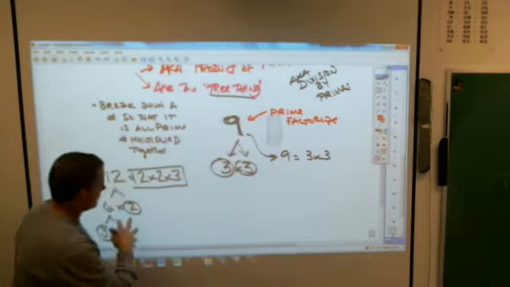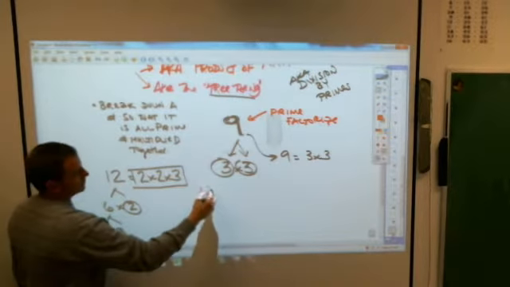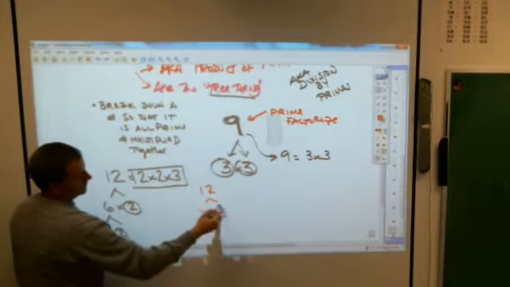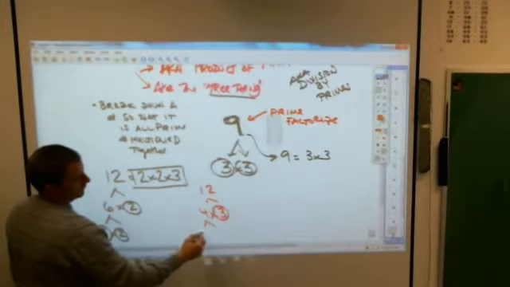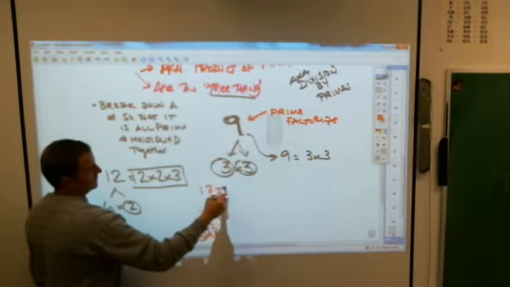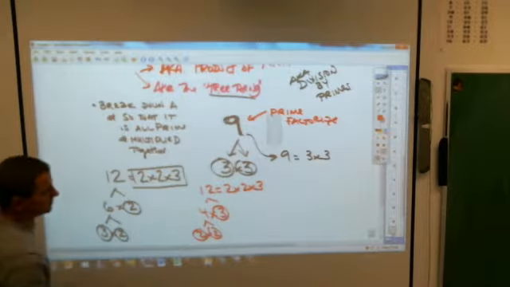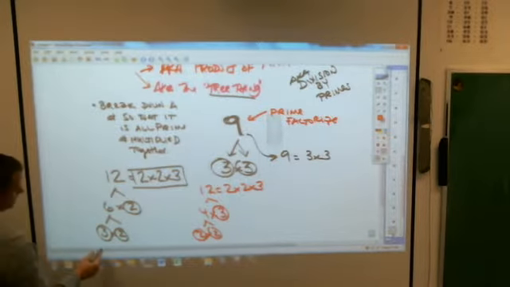And there's no wrong answer to breaking down 12 because you could break down 12 into 4 times 3, in which case you can stop with the 3, but then you can break 4 down into 2 times 2. It still ends up being the same thing, 2 times 2 times 3. Did we do this last year? No. This